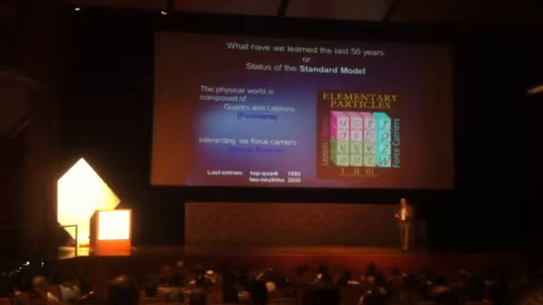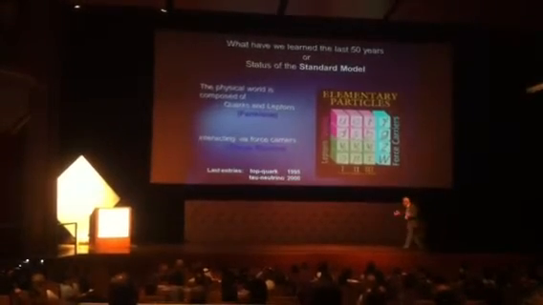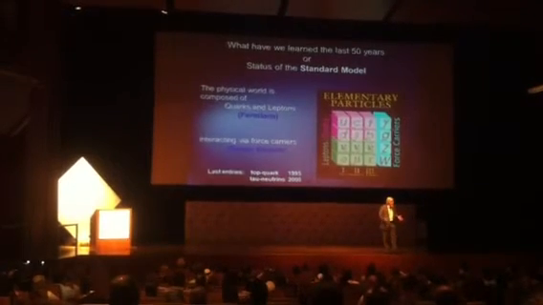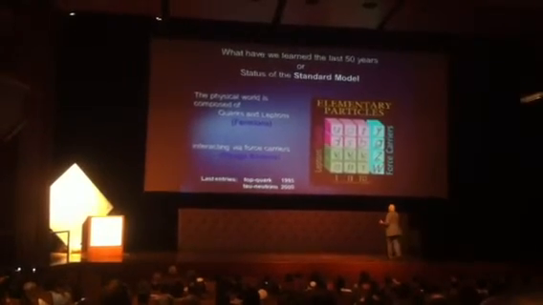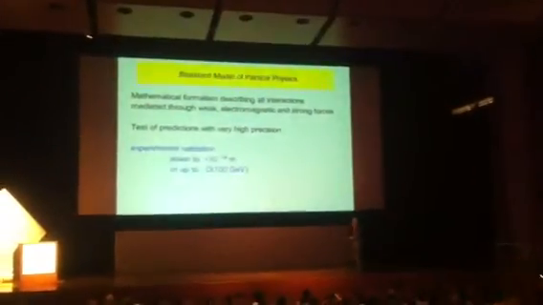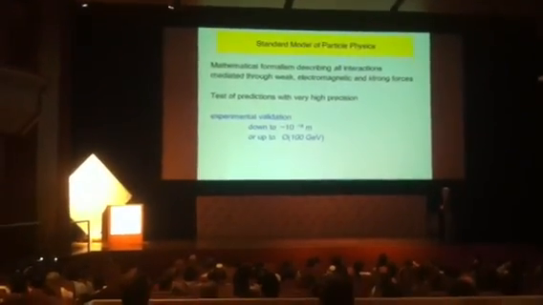These 3 forces are mediated by these gauge bosons. That's all. That's the periodic system of the microcosm. So in principle, particle physics is much easier than chemistry. We have a much easier periodic system. But that's the static picture of the microcosm. The dynamics is described